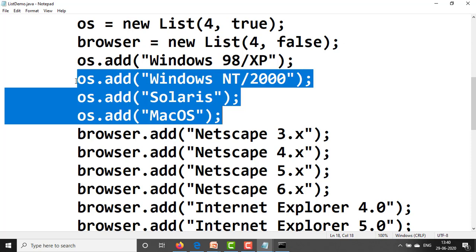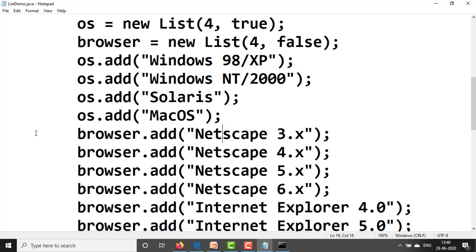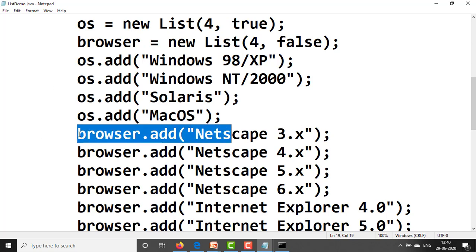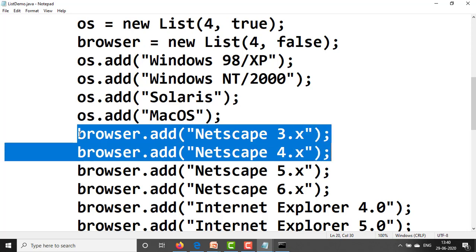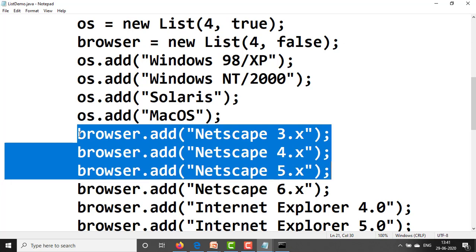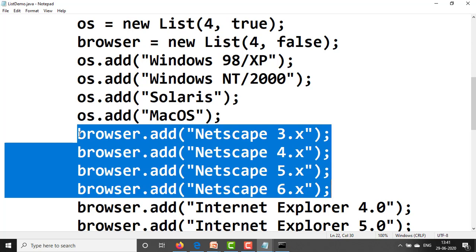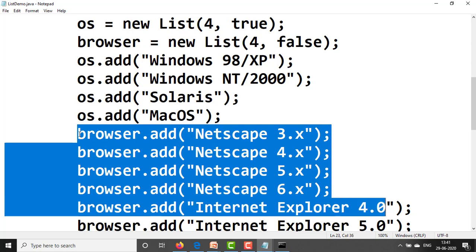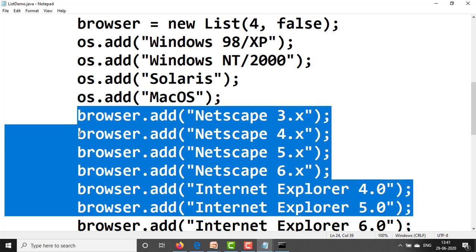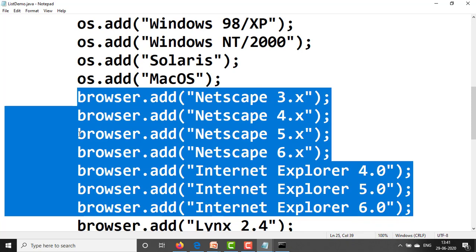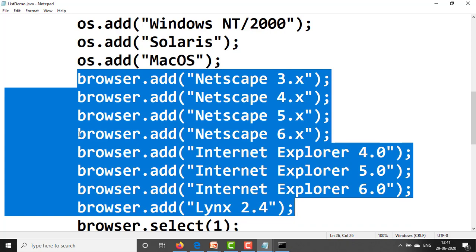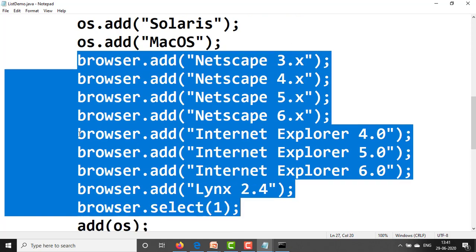Next after this we need to add browser items. browser.add Netscape 3.x, browser.add Netscape 4.x, browser.add Netscape 5.x, browser.add Netscape 6.x, browser.add Internet Explorer 4.0, browser.add Internet Explorer 5.0, browser.add Internet Explorer 6.0, browser.add Linux 2.4. browser.select with one index position.